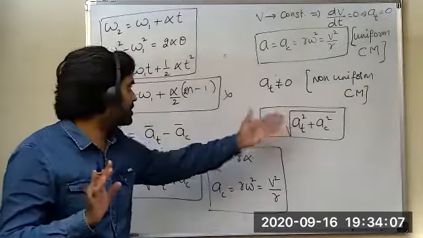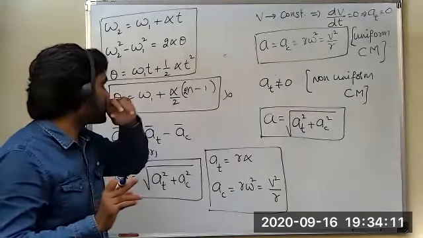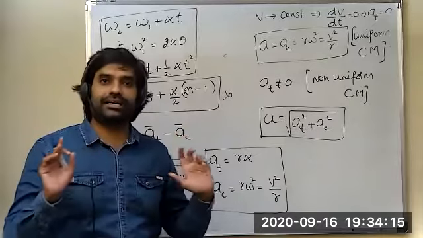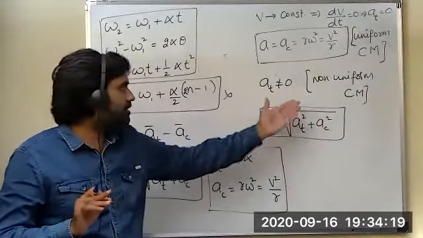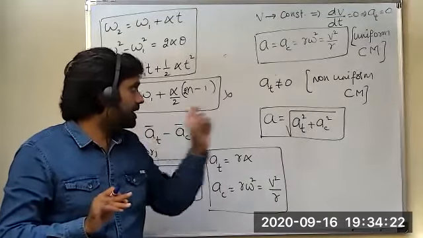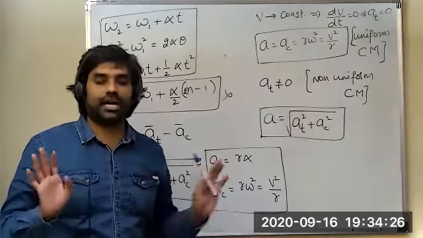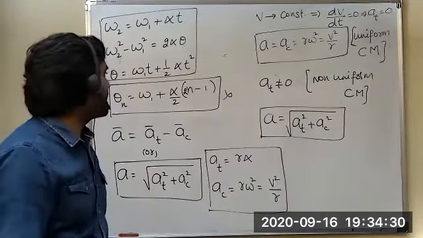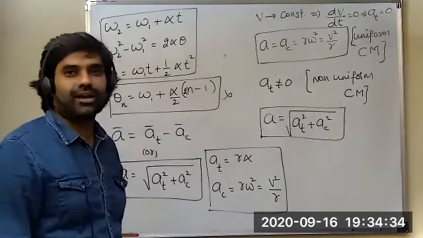And in this situation, students, if AT is equal to 0, then that is said to be what? Uniform circular motion. Because in the problems you will be given that AT is 0. Then you can take it as uniform circular motion. And next, if AT is not equal to 0, then that is said to be non-uniform circular motion. Understood, guys? That's it. So this is complete information on kinematics of circular motion. So next you will have dynamics of circular motion. Okay.